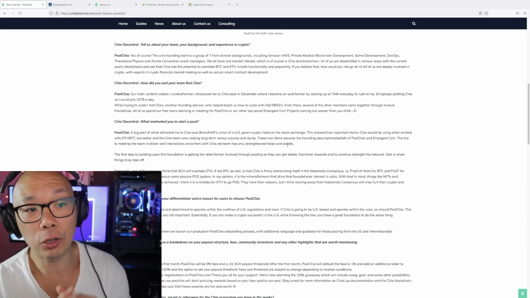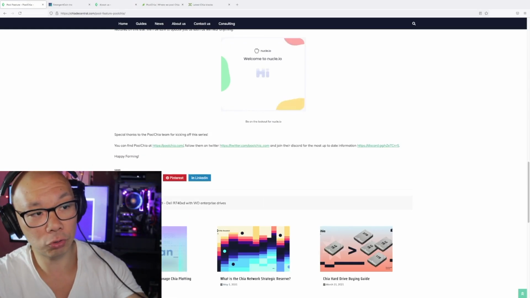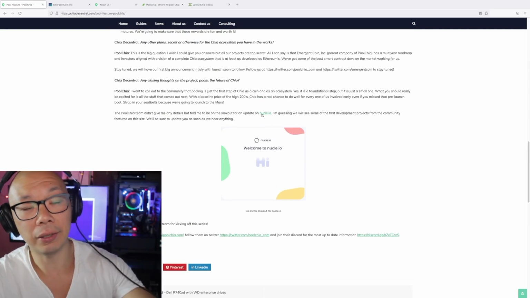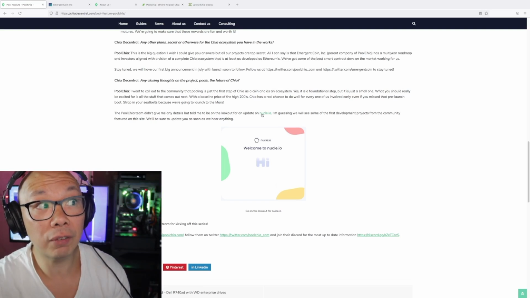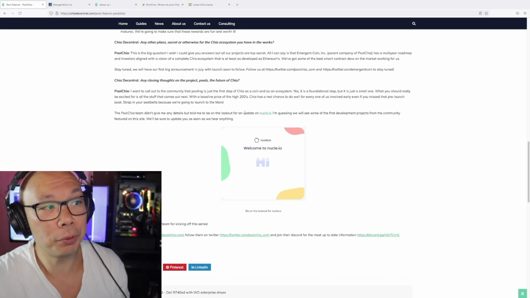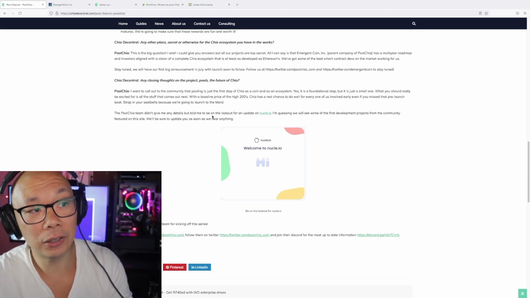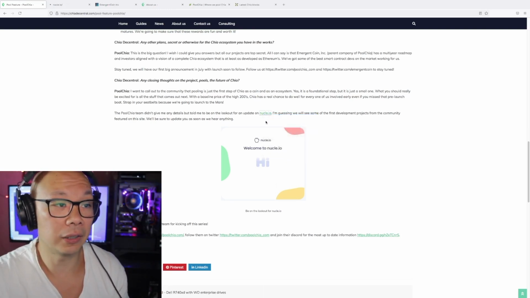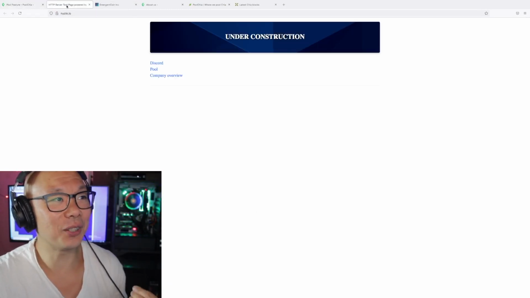Mentioning emergent coin, I looked into their website because when you scroll to the bottom of this article, there is a particular website that they're linking, but there's not much information there, but enough to give us better insight into who PoolChia is. So the PoolChia team didn't give me any details, but still told me to be on the lookout for the updates on Nuclear. I don't even know how to say it. Nuclear.io.